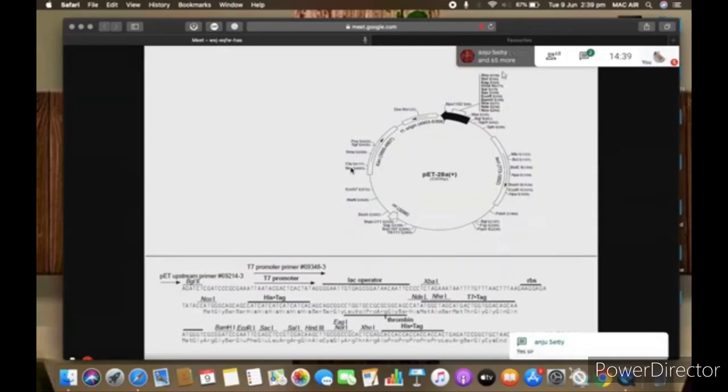Yes. So now suppose you have the option that you can clone at any sites. But since your lab is already working and you don't have XHO, you have to search which enzymes are available in our laboratory, or whether we have to purchase them. Depending upon your condition, you select your sites. Suppose we are cloning at NDE1 and XHO. We have decided that this enzyme is present in our lab, so we can work.